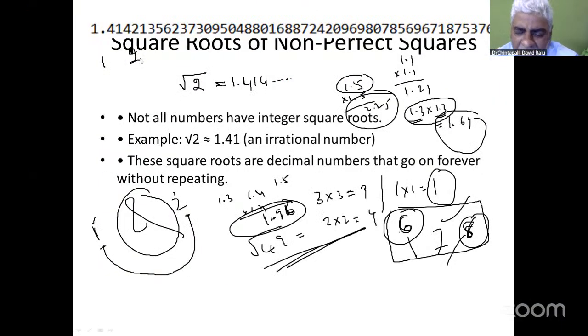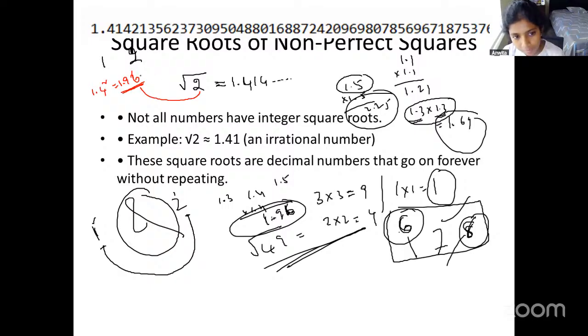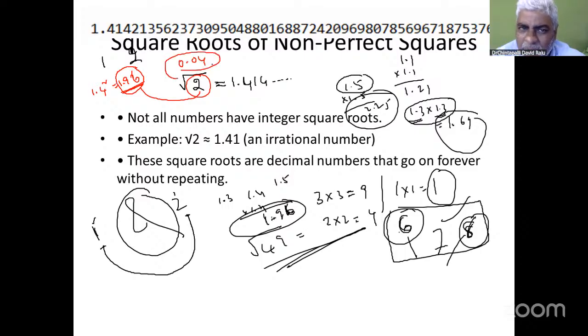One thing is very clear here. If we square 1.4, we don't get 2, but this value is approaching 2. There is a gap between 1.96 and 2, right? How much gap is there between 1.96 and 2? That gap is 0.04. To reduce this gap,